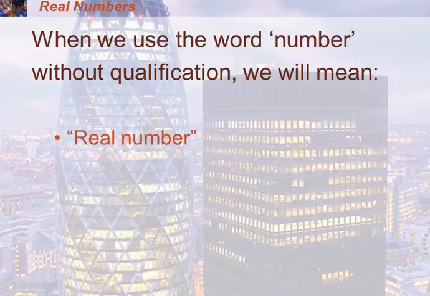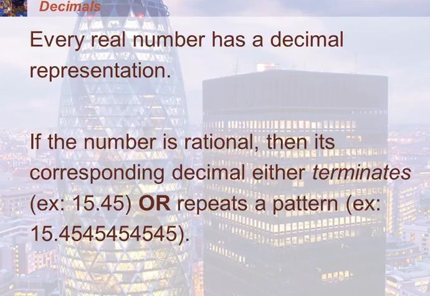So a number that falls into one of those groups that we've looked at. Okay, so again, real numbers are going to have a decimal representation. This is typically the reason we're going over this, because this is what your calculator will show. So I just made up a number here. If the number is rational, its decimal